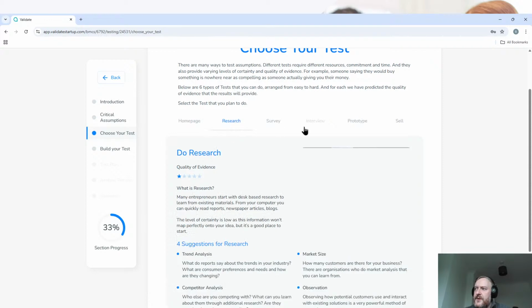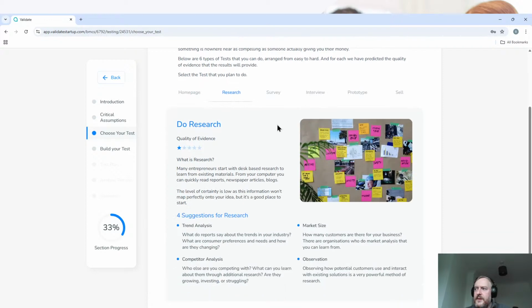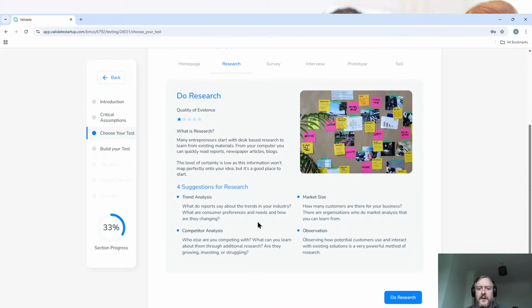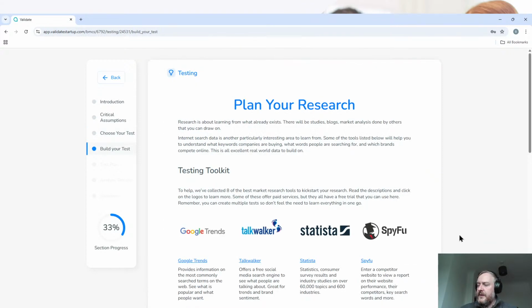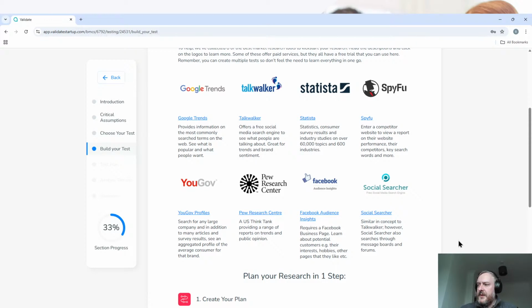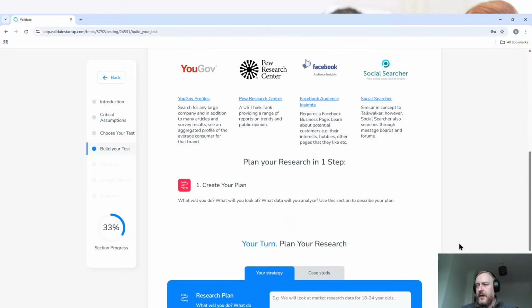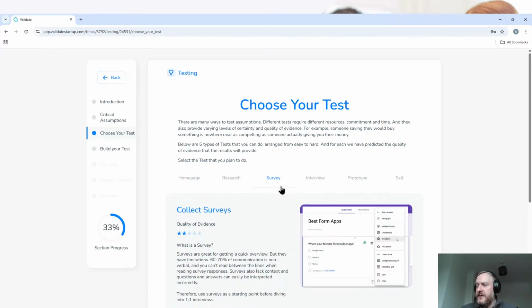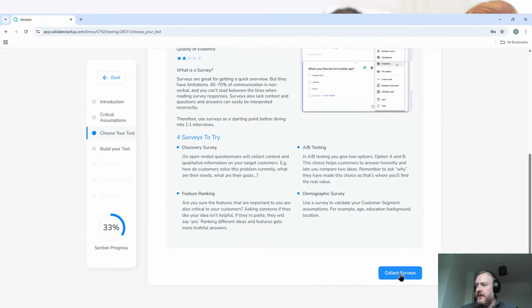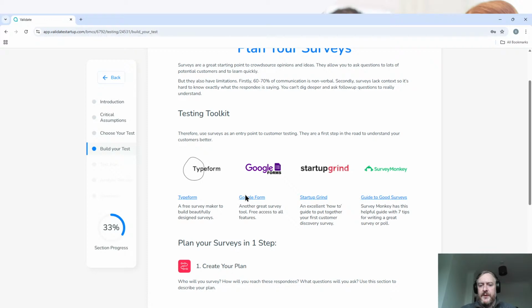Other options, research might seem quite general, but it does give you some information about what kind of research you could do, trend analysis or competitor analysis, etc. If I was to choose something general like that, and I clicked on do research, it directs me to some external tools that I might want to use to go about doing some research there as well. Going back to choose a test, it could be surveys,